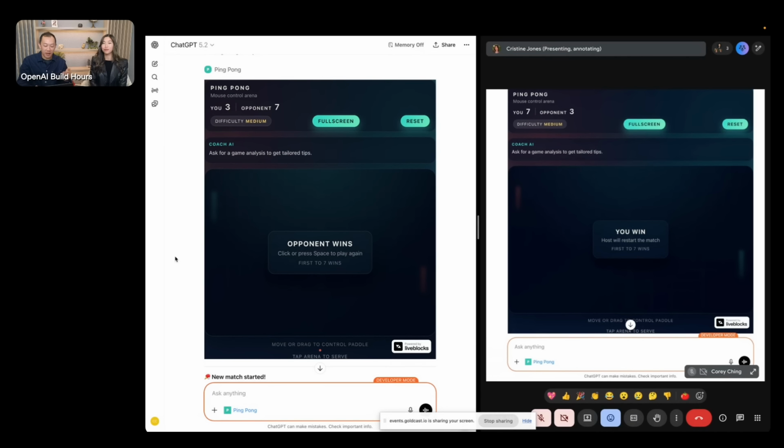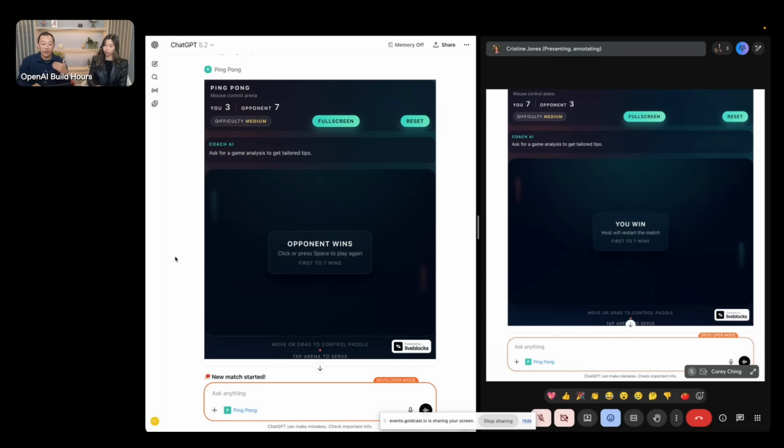But what's even better, and why this is powerful to do within ChatGPT, is you have access to the model right there. I've additionally exposed a separate tool call for post-game analysis. And I think that's what's interesting. You can create an experience that is enriching and engaging, but you can also use the model now to take that data and give you more information.